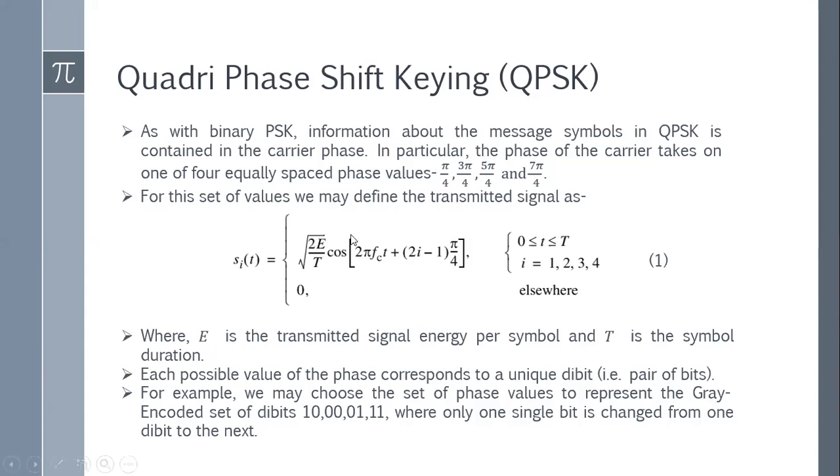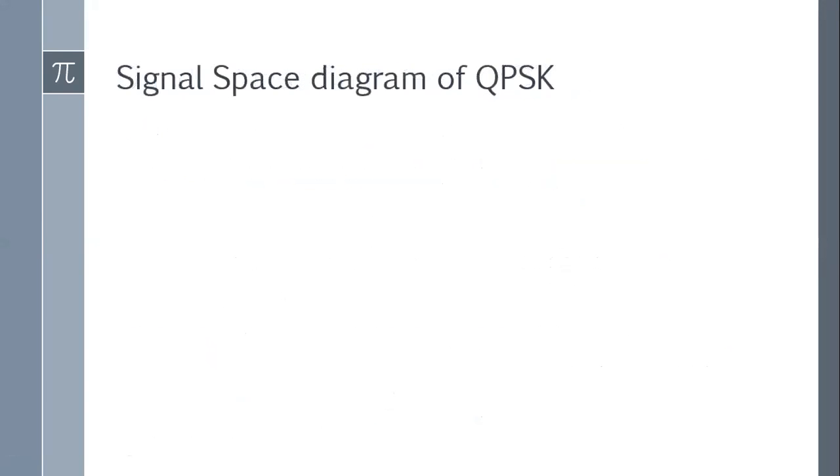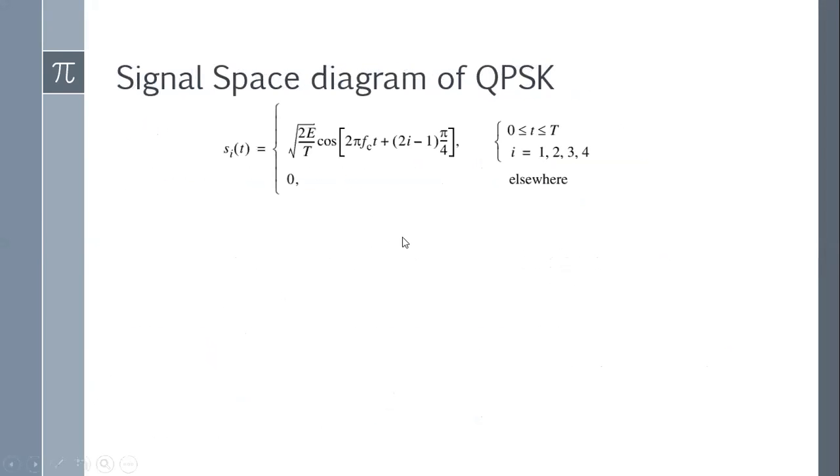So that means now I am going to transmit 10000111, and I've also got the equation which represents these four symbols. So let me expand this equation. Since this is a generalized equation, I will expand it for the values of I equal to 1, 2, 3, 4. I will not consider the other values because the signal will be 0 there. I will expand this equation using the trigonometric identity.